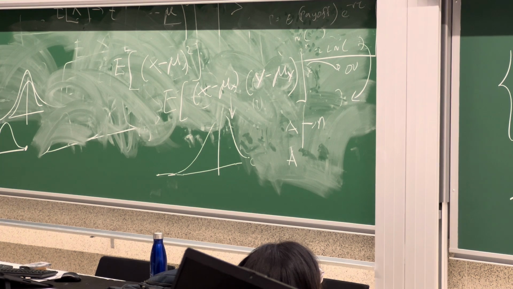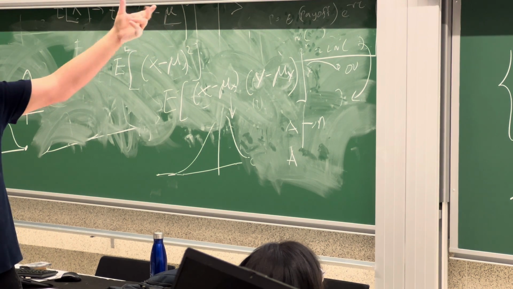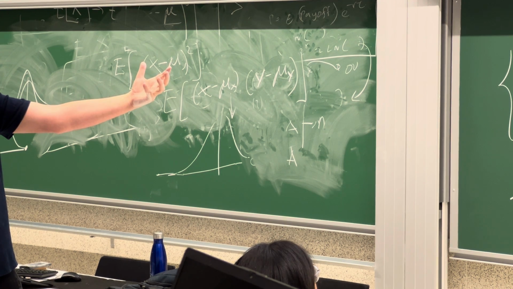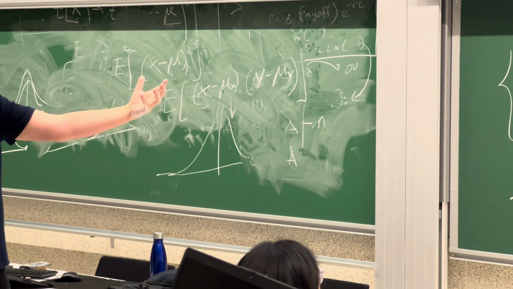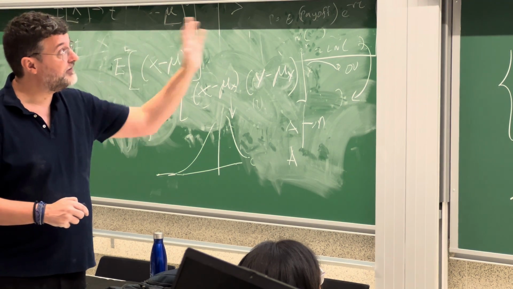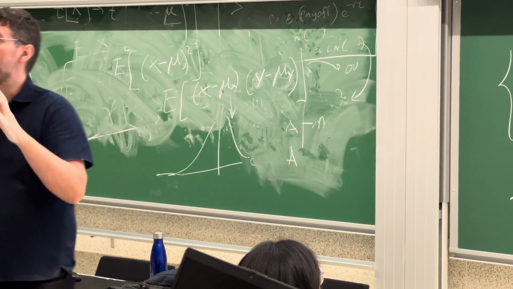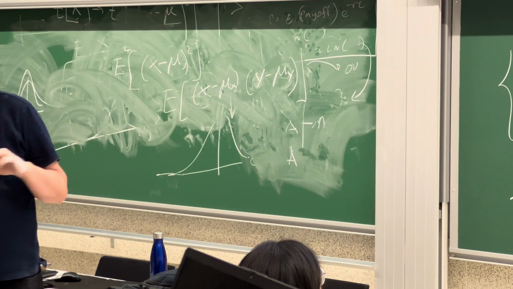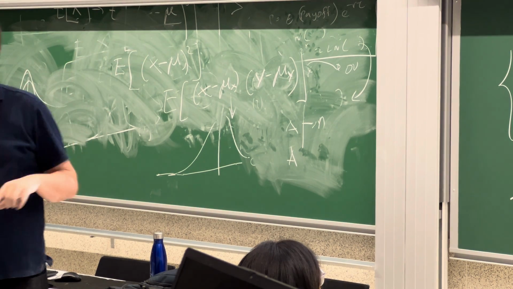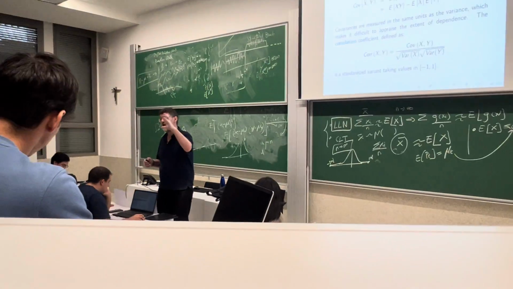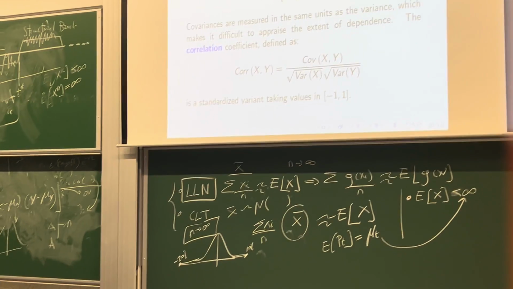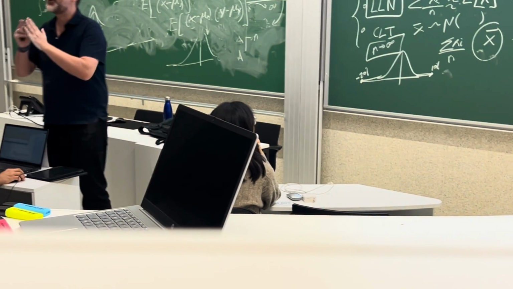So in order to get rid of the problem of the dimension of the covariance, we standardize the covariance to construct something that depends on the covariance. The information conveyed by the covariance is impounded here in the correlation, and the advantage is that correlation has a well-defined support. It's a coefficient, so it's free of units. It's something that moves between -1 and 1. So correlation, which is a covariance normalized by standard deviations, has this property and allows us to give an interpretation in the sense of strength.